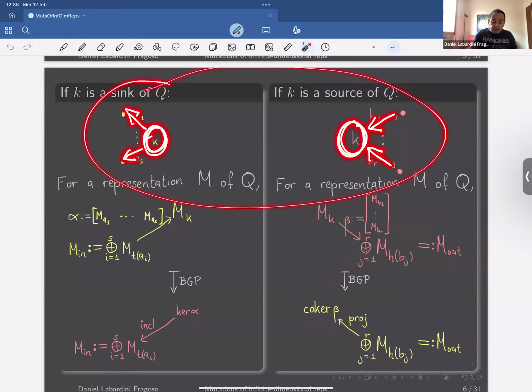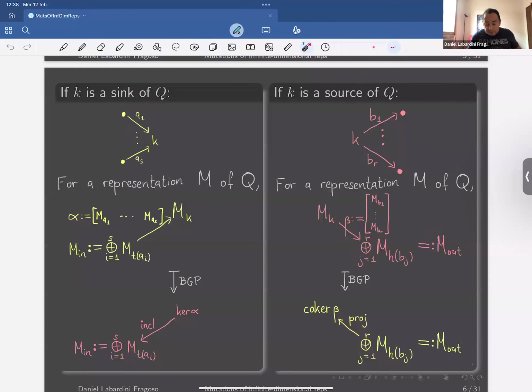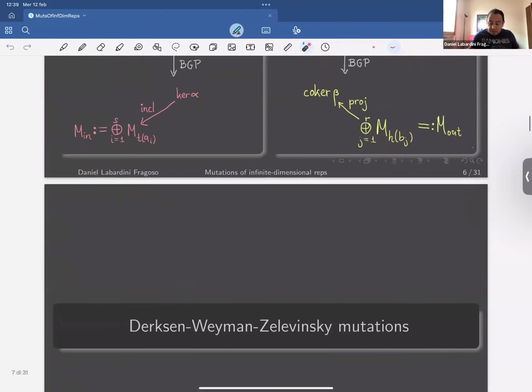Yeah, and then the rest they just keep the same. So the rest of the representation remains the same. Okay, so that is going to be our guideline, to replace with the kernel and with the co-kernel. Yeah? And now we want to do it for